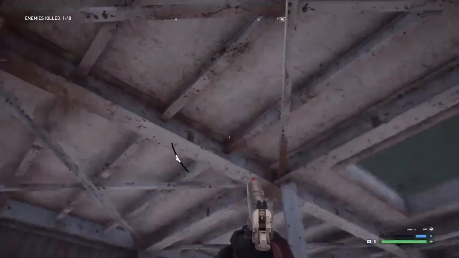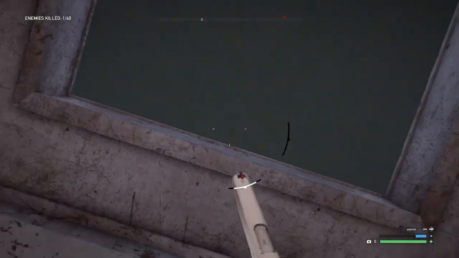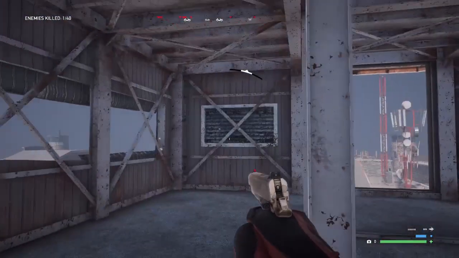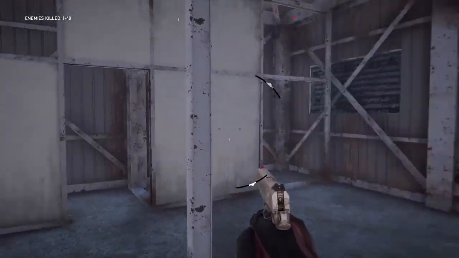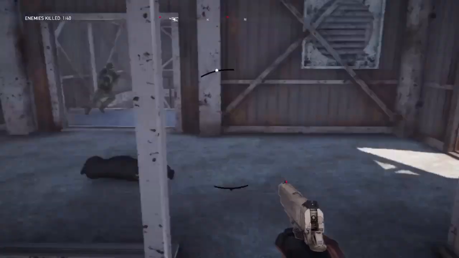But now I've realized you can't actually get up on this building. You can't actually get up. So, the helicopter is a no-go. It is just there for cosmetic. In that case,